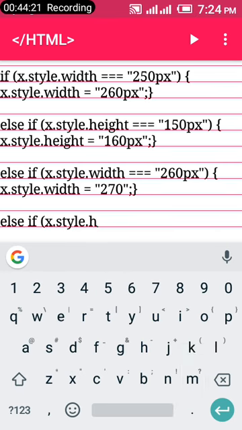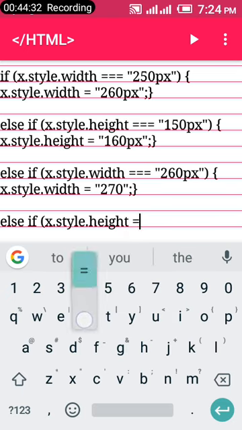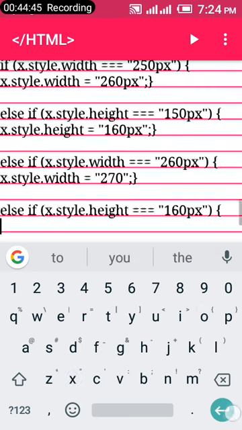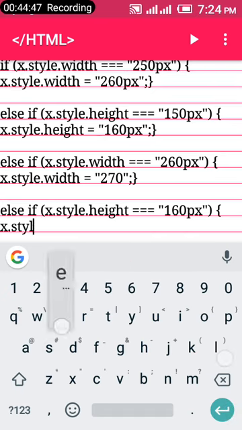Right under here, you go again, another else if statement, put your bracket, x.style.height this time around. Remember, we've done our styling for the width previously. So you go, if it was set to, you give space, 3 equal signs. So we get our previous height, 160 px, close the quote, close the bracket, put your wavy bracket here. To the next line, x.style.height, which is you are trying to declare a new height,